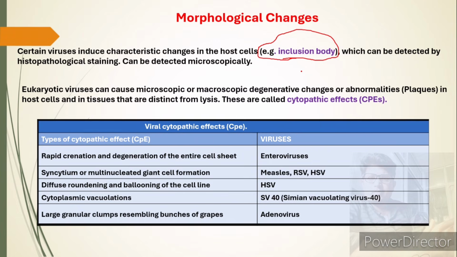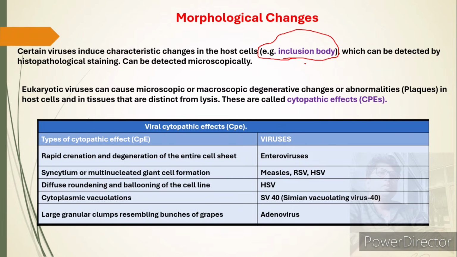Inclusion bodies are some kind of protein or glycoprotein mixtures or lipid bodies which are coagulated or formed due to biochemical pathways, and they aggregate within the cell cytoplasm. They can be stained by histopathological stains and seen under the microscope. This type of inclusion body happens due to the viral infection. The cell does not contain it in the natural environment, but it forms due to the viral infection.